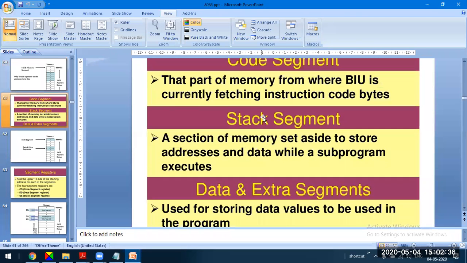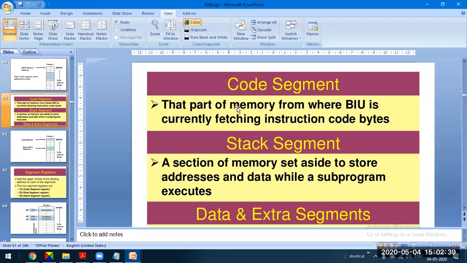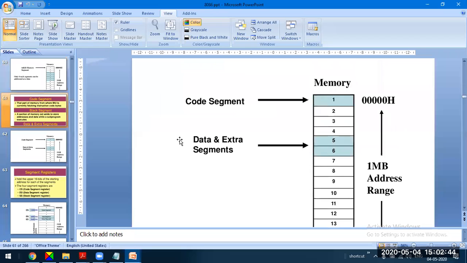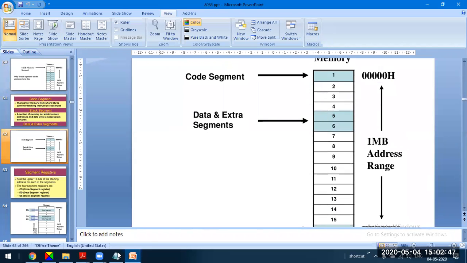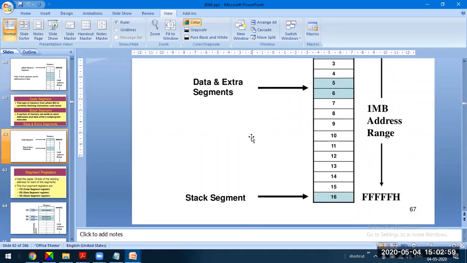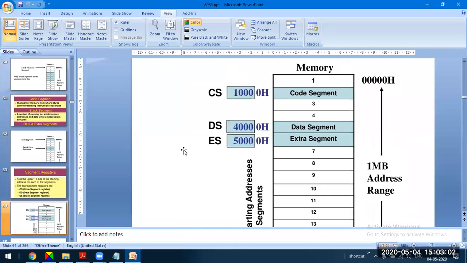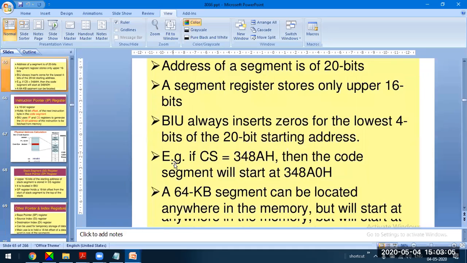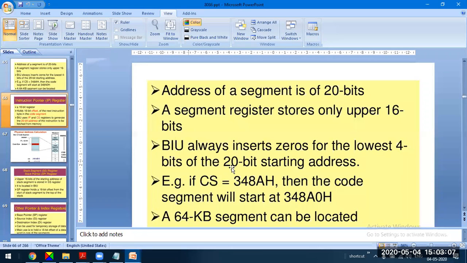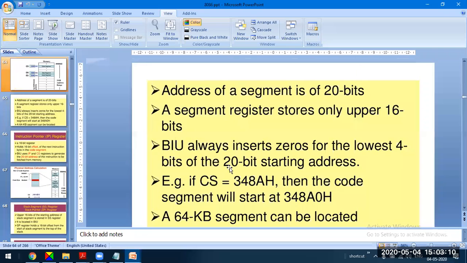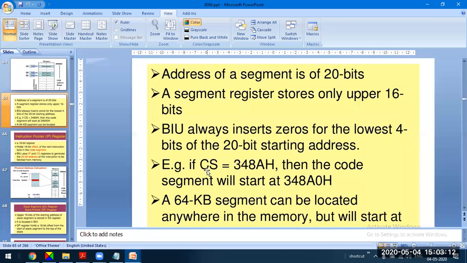Okay, so we started with the segment registers: code segment, stack segment, data and extra segment registers. We also understood that each segment is of 64 kilobytes. So out of 1 megabyte of locations, each segment occupies 64 kilobytes of memory. Code segment, data segment, one example. And last class we also understood how the bus interface unit generates a 20-bit address using a 16-bit